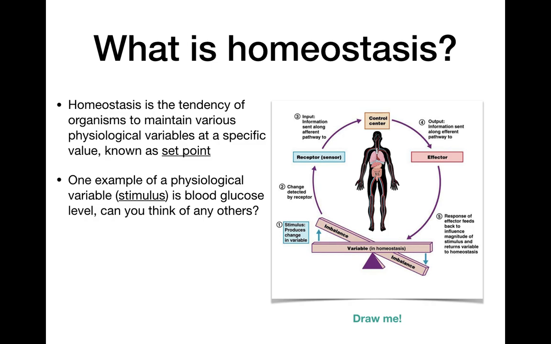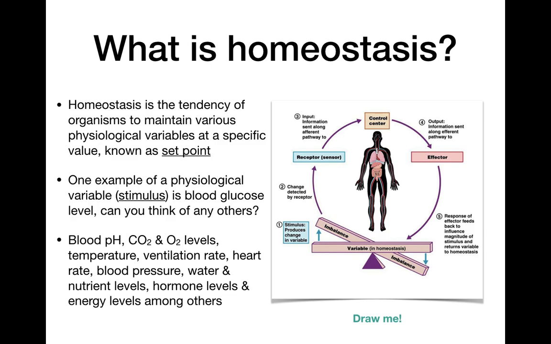Okay, so hopefully you paused the video, and here are some other ones. So the pH of your blood is something that your blood is going to maintain at a certain level. You have the carbon dioxide and oxygen levels, which we deal with as part of respiration. We have temperature, of course. If you get to be too hot because your body's sick, you're fighting off, you're going to get a fever because you're fighting off some sort of illness. Or you get too cold, that's also bad. So we have a set value for temperature, ventilation rate, so how quickly you're breathing, heart rate, your blood pressure,